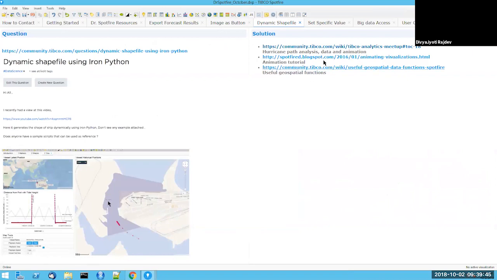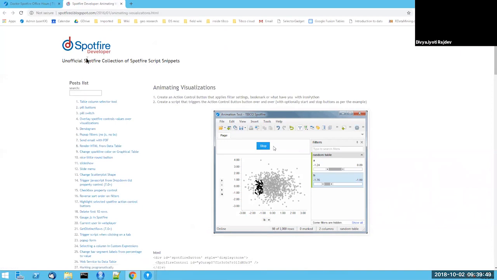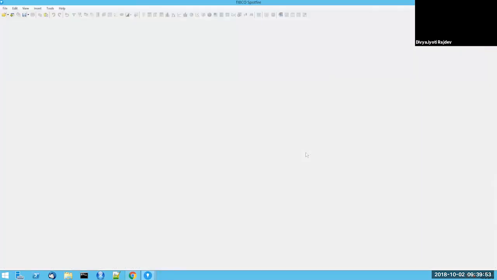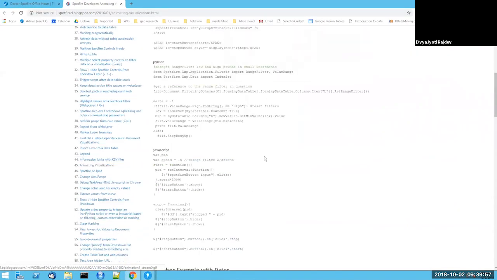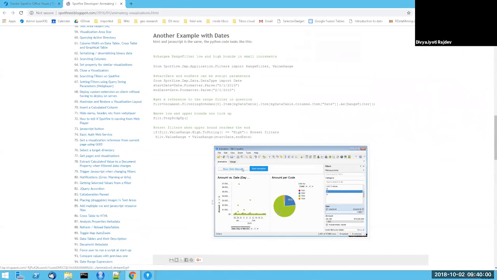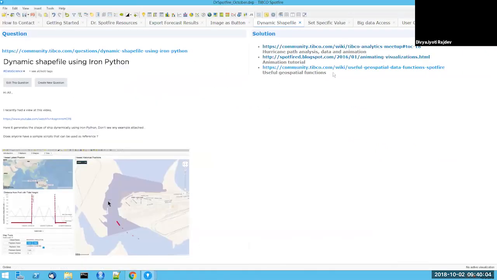While that DXP is opening, there's this other very useful tutorial on the Spotfire blog, where you can see how to animate visualization. There are a few different ways. This is with numerical, this is with date time. And then finally, there is